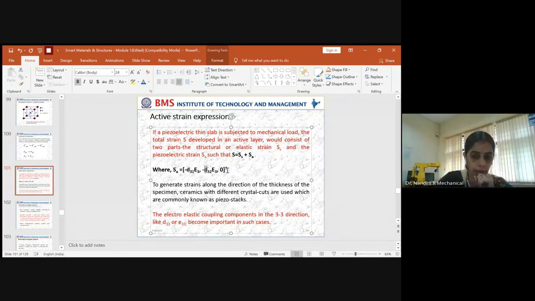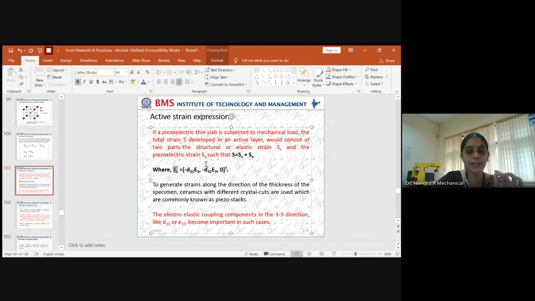Thickness you are taking into the transpose form. So this will be the value of the strain induced in the piezoelectric material when you consider the thickness of a given slab. So this is a general equation that you have to consider. Two things you have to keep in mind. The strain induced in the given structure will be the combination of the substrate plus the piezoelectric thin slab. And when you consider the thickness of it, only the specific value for the piezoelectric strain will be the combination of the charge coefficient values along with the electric field, in whichever direction the electric field is applied. So these things you have to keep in mind.